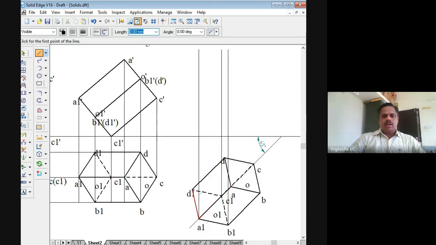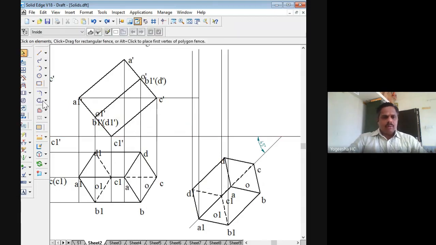First we'll mark this A1, B1, C1, then we'll go for drawing the other lines. So here A1 dash to A1, it comes up to here. Then B1 dash to B1, I can draw a horizontal line up to here. So that is C1.